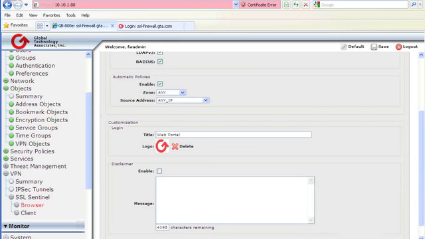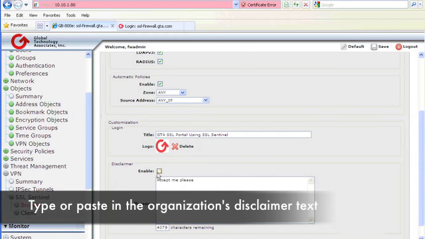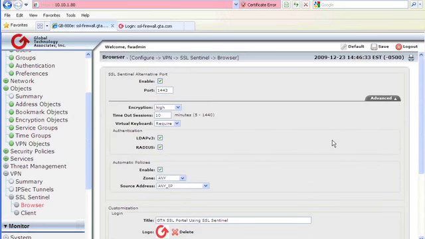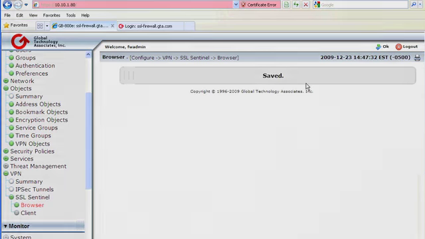What we're going to do is put our customized information here. And we also have a logo that you can upload to the firewall. Many times corporations will require users to accept a disclaimer. Once you have the SSL Sentinel browser configured, go ahead and save. This will start the service. Next,